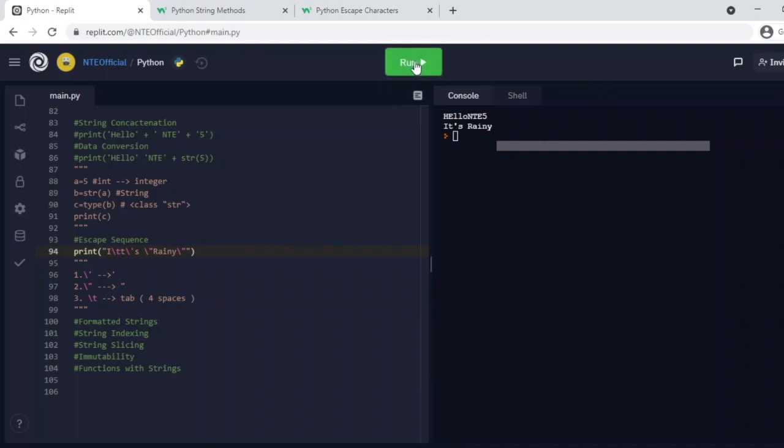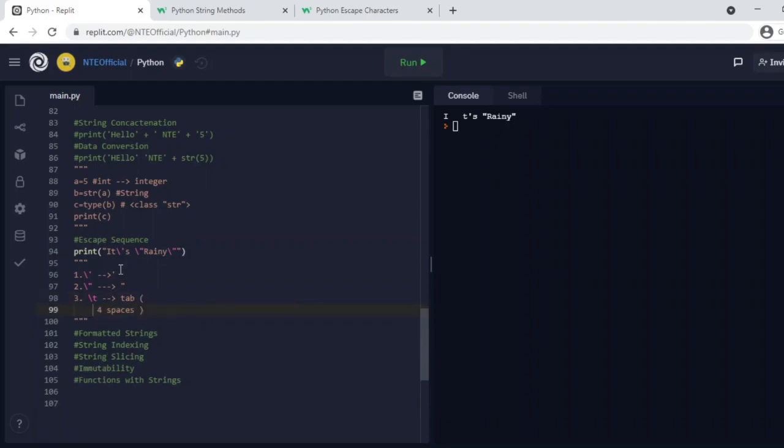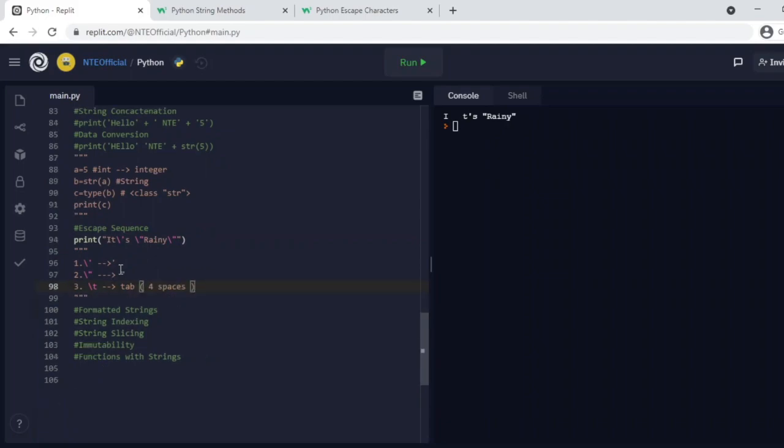Okay, let's run this. See, we got a gap over here. This is 4 spaces, 1, 2, 3, 4. See, this is 4 spaces between I and t. That's why this is a tab over here. We can remove this as well right now. Let's remove this. Let's learn another one, which is